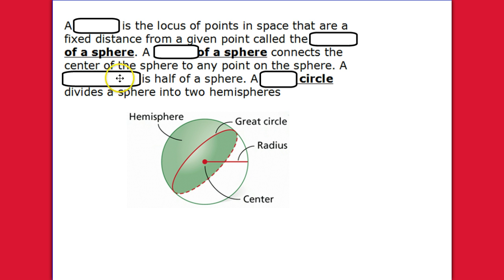The locus of points in space that are a fixed distance from a given point, called the center of a sphere, that whole set of points is a sphere, right? What connects the center of the sphere to any point on the sphere? Center to any point on the sphere would be the radius of a sphere. And then we have half a sphere, so in this image we have this green solid half over here. That's called a